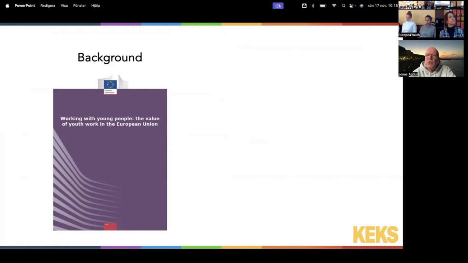And I will only state two things from this, because these are the two really essential messages from this broad mapping. It's a blurred picture. They state that it's not very clear what youth work is and what youth work is not. Where are the borders to other sectors like education, social work, sports, culture, etc.? It was hard to do a mapping of something when you didn't really know what it was. And it was stated that we need a more knowledge-based approach to youth work, both in terms of knowledge-based policy and in terms of